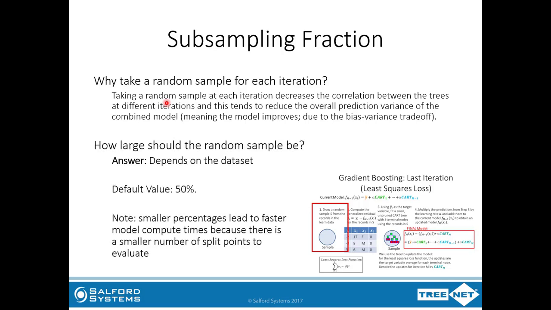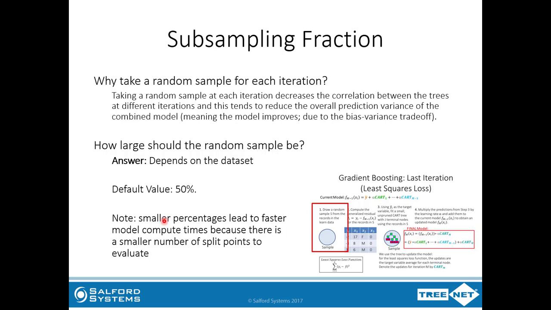Now, you may ask, well, how large should the random sample be? Well, the answer is that it always depends on the data set, just like anything else in machine learning. Now, the default value is 50%, and one thing to keep in mind is that when you have really large data sets, smaller percentages lead to faster model compute times. The reason is that there is a smaller number of split points to evaluate for each CART tree. And if you'll remember from the previous video,